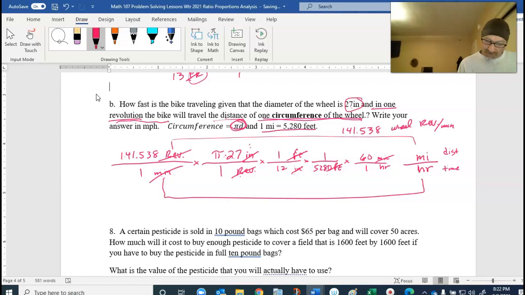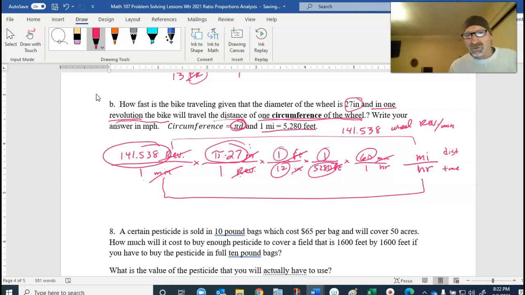So now I have to do all this multiplication, right? This number times this number times, of course, 1, 1, and 60. The ones are pretty simple. This is 1 times 12 times 5280. So I'm going to multiply all those numerators. And remember, you can use 3.14 for pi if you want, or again, I showed you how to do that on the calculator. So I'm going to take that 141, go times pi on my calculator, and then times 60. And that'll give me a pretty big number,